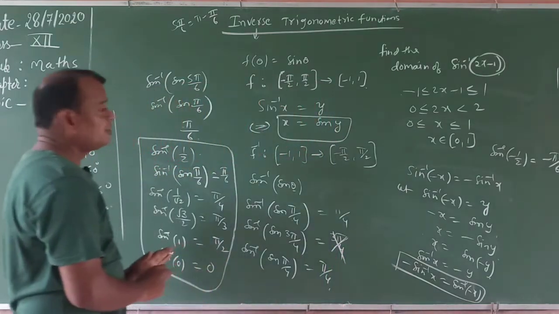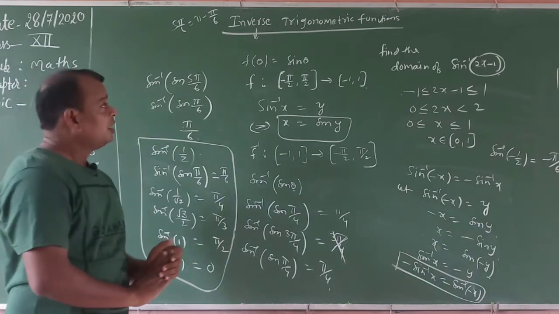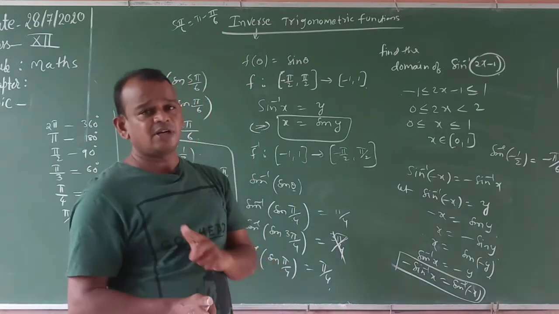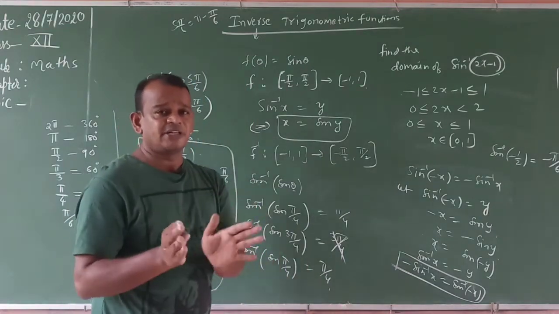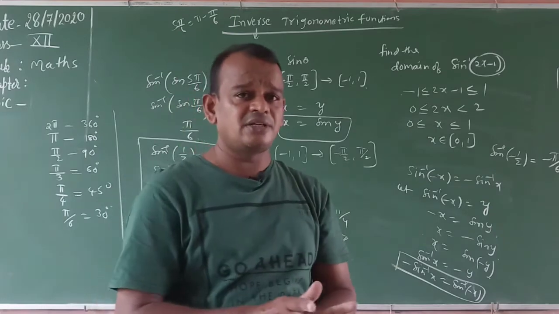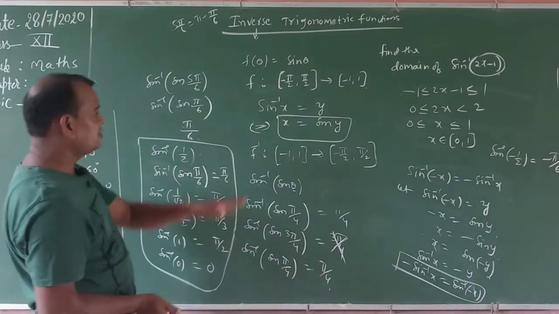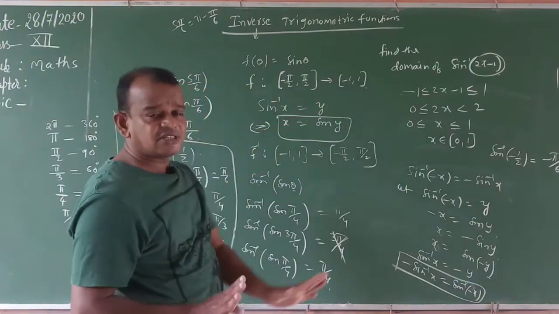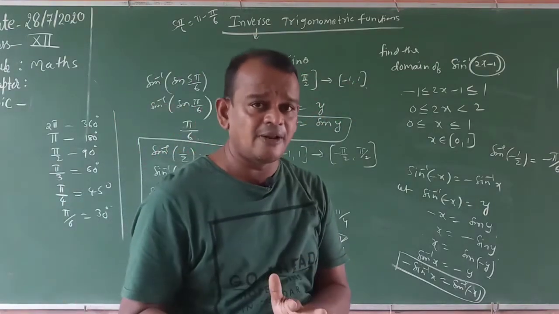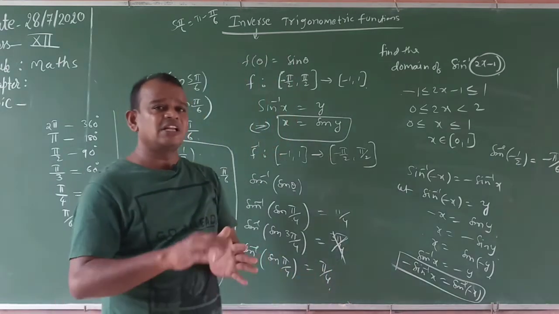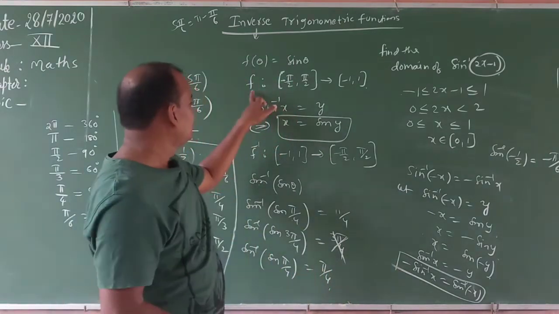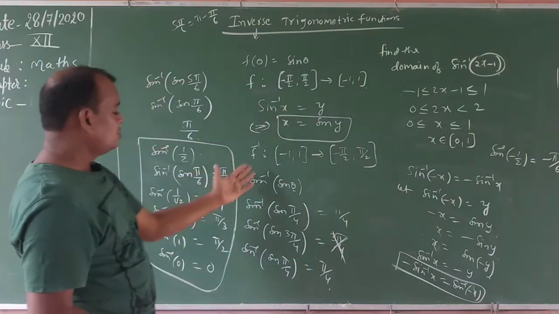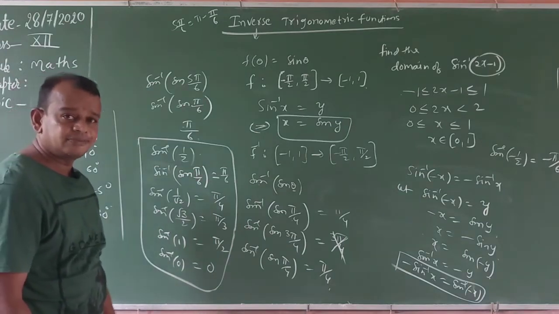Now remember this: whenever we talk about an inverse, the function is 100% bijection. All trigonometric functions are not bijective, but on some particular intervals those functions are compulsorily bijective. In this interval the sine function is bijection. Whenever the function is bijection, 100% it is invertible, and whenever it is invertible, the inverse compulsorily exists. So f maps minus pi by 2 comma pi by 2 to minus 1 comma 1. You remember that one. Those are the properties. Understood?